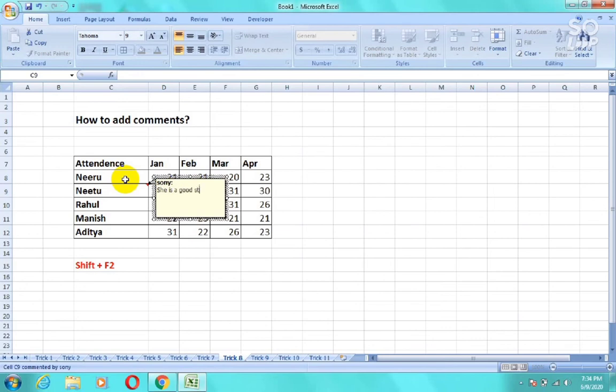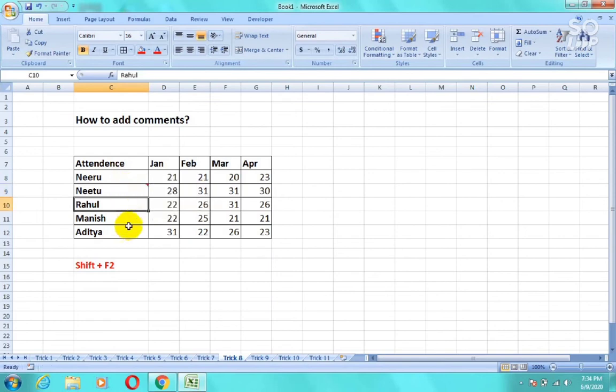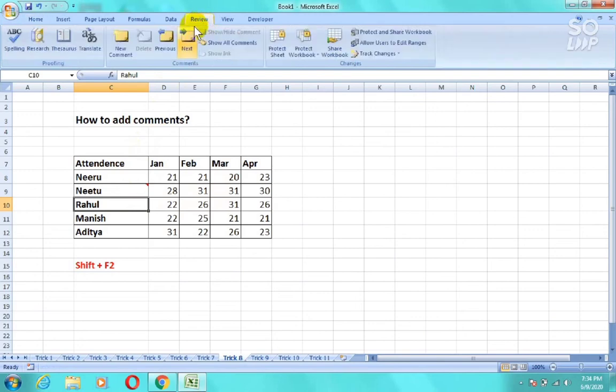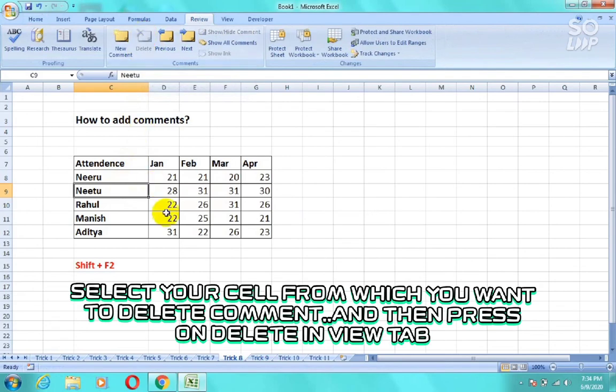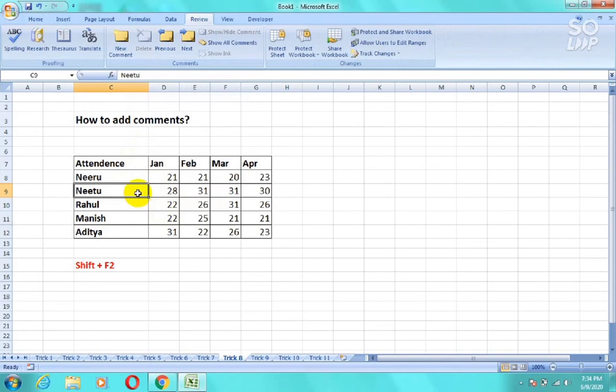Now when you move your cursor on Neetu, you will see that comment. Now if you want to remove that comment, simply go to review and then select delete. Now your comment will be deleted. Now again, if you want that comment, simply press Shift plus F2 key and you can see your comment.